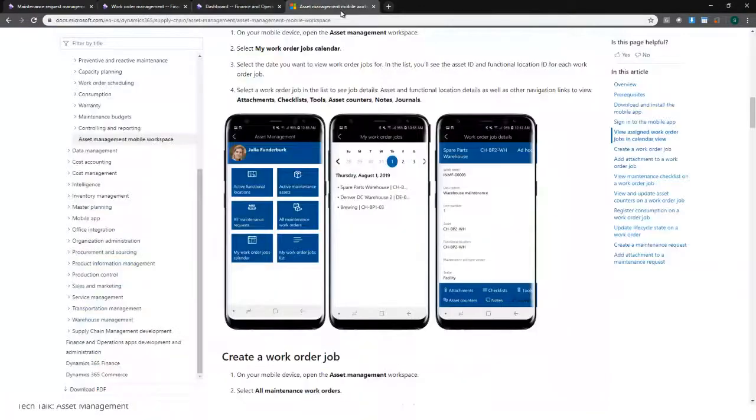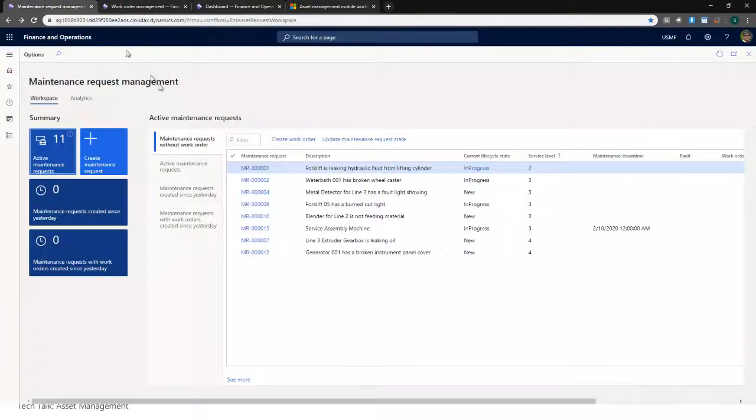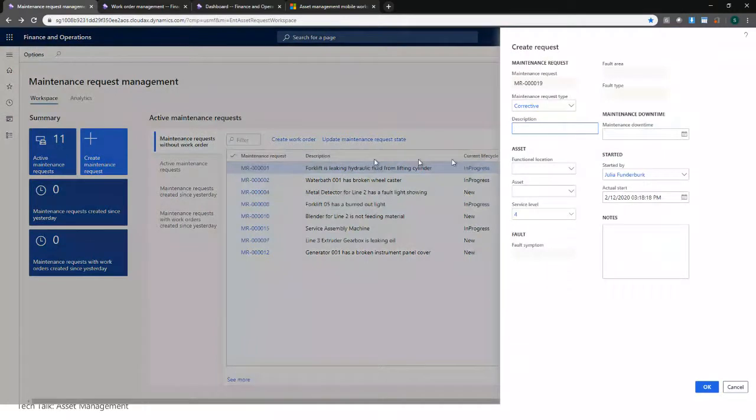So here for this demo, what we will do is we will go and create the maintenance request through the web app today, but you can also do the same thing from a mobile app. So here I am in the maintenance request management workspace. Here I'm going to click on create new maintenance request, and